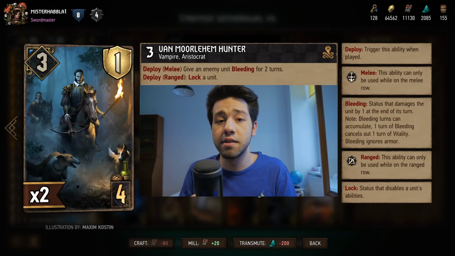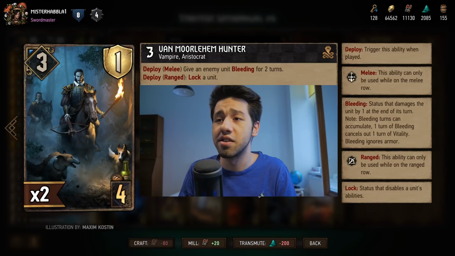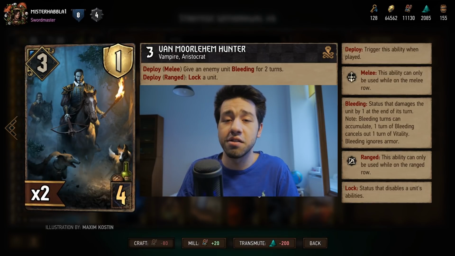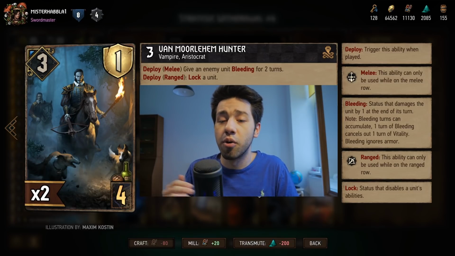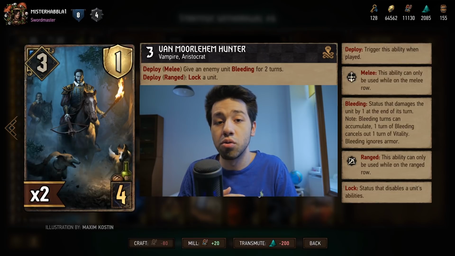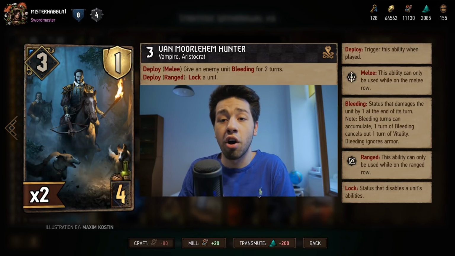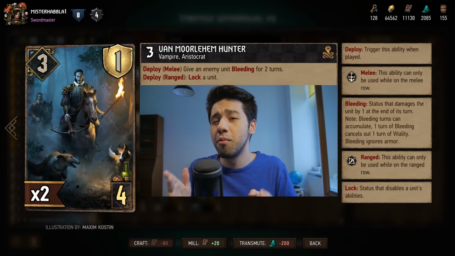The first one of these Aristocrats that I had to add due to the necessary constraints was the Van Moorlehan Hunter. Now this card has 2 abilities on melee and ranged. One is give a bleeding for 2 turns, and the other one is to lock a unit. Now it's actually not that bad of a card for 4 provisions, so I'm not really that upset that I have to run this card,